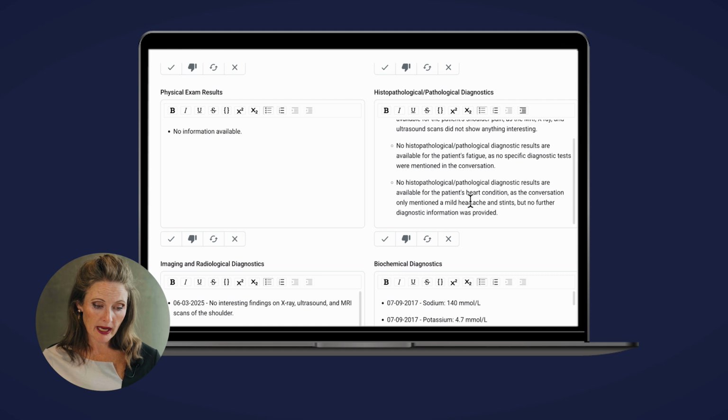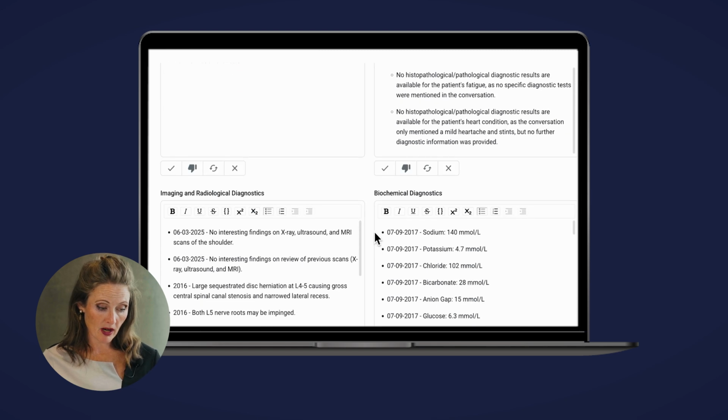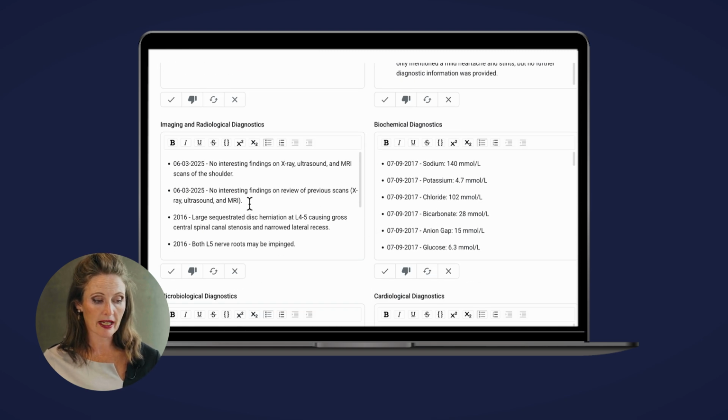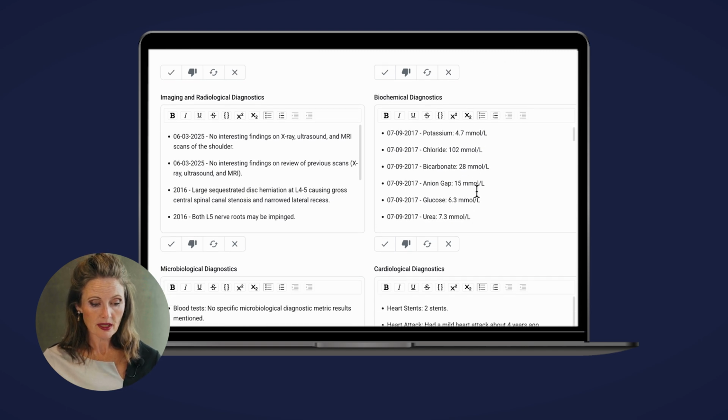For this particular patient, I uploaded some MRI results recently. So you can see here in imaging and radiological diagnostics, it's come up here. And you can see here as well in the biochemical diagnostics. So I uploaded some blood test results for this patient, and Sam has beautifully broken it down into the different